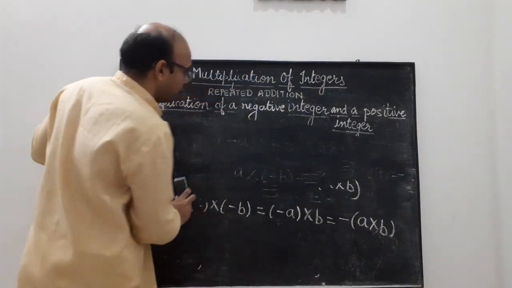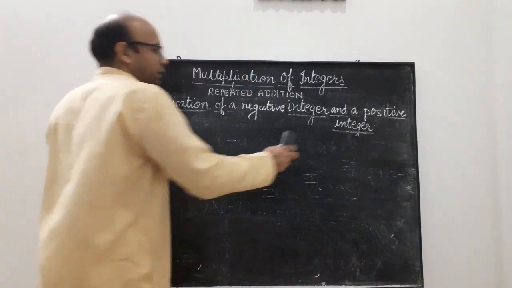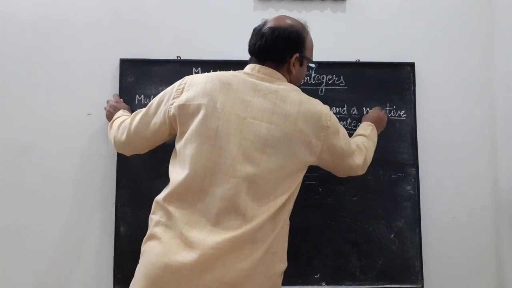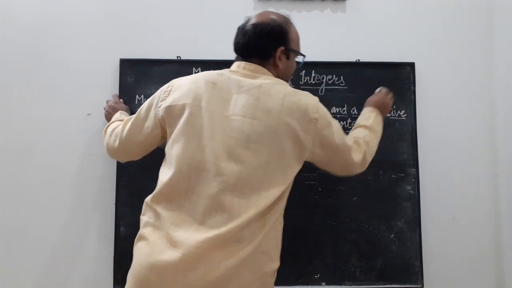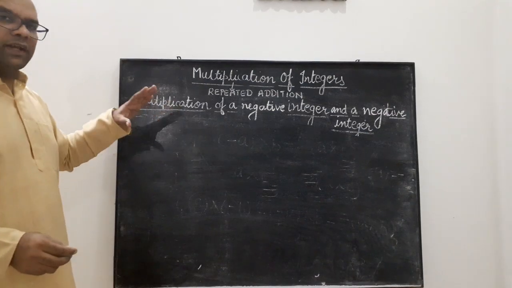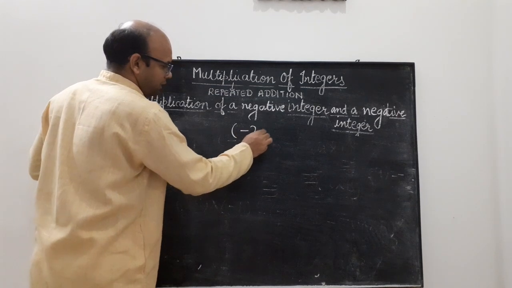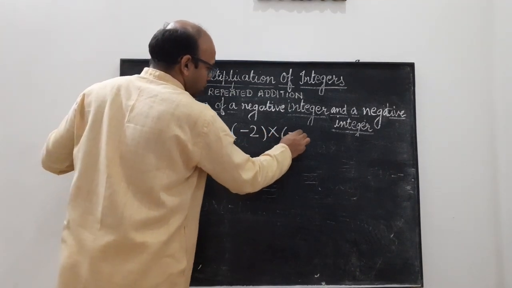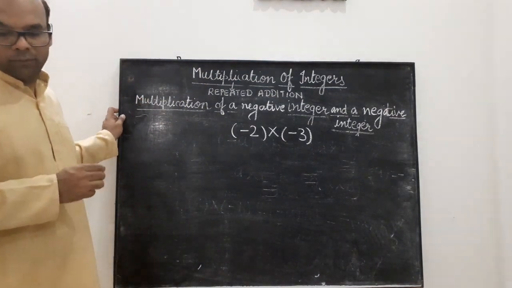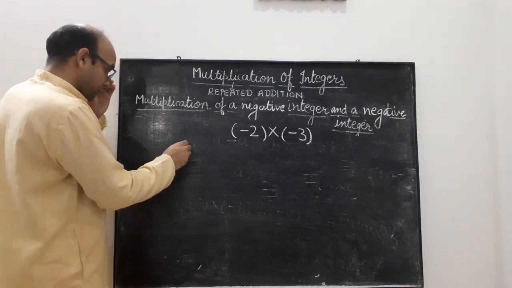Now what will happen if you are multiplying a negative integer with another negative integer? When we are multiplying two negative integers, that is what we have to investigate. We have to check it out. For example, if I write minus 2 into minus 3, what will be the outcome over there? So we know that